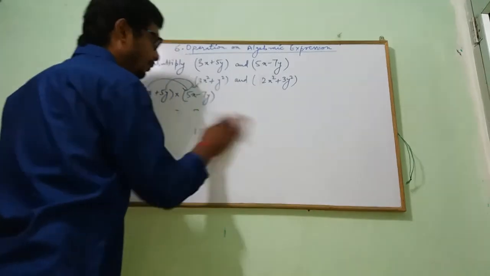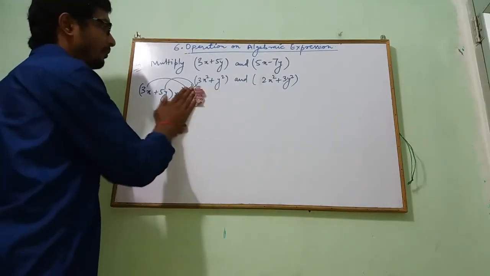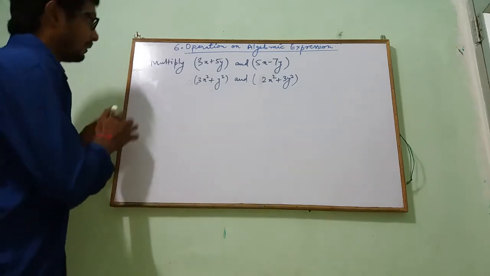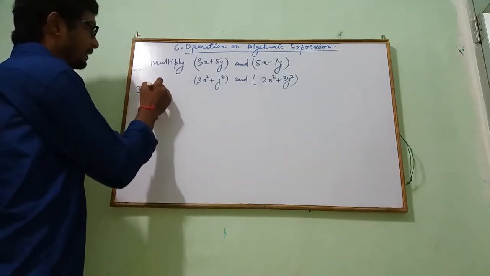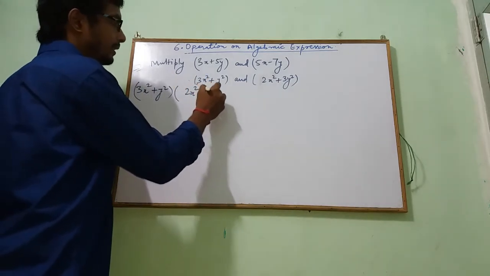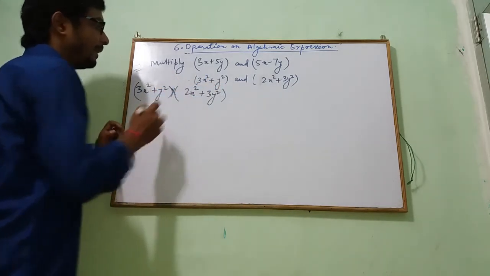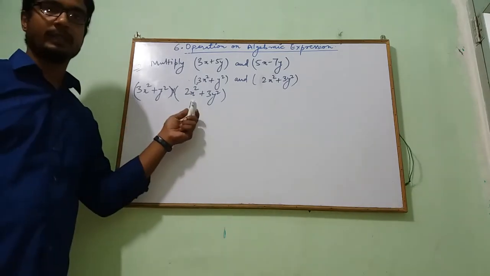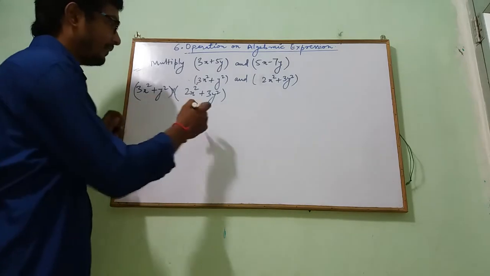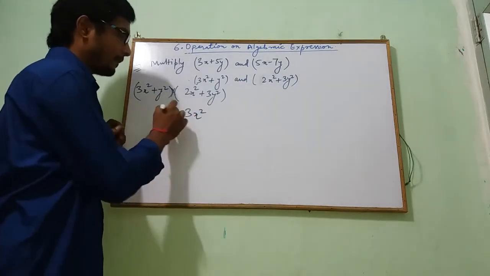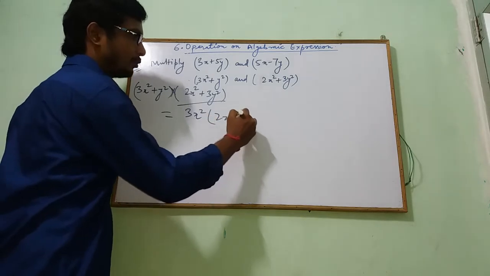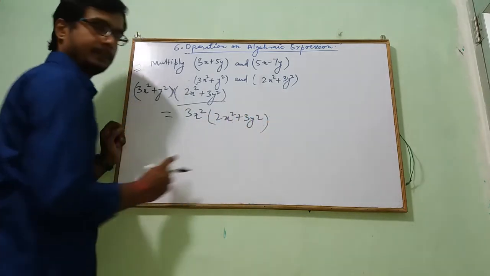Again, in the second question also, there is a multiplication of a binomial with a binomial. So, I have to multiply 3x square plus y square with 2x square plus 3y square. So, I have to multiply a binomial again with a binomial. My first step is to split the first term. I will split the first term 3x square and I will write the second term after that. So it becomes 2x square plus 3y square.